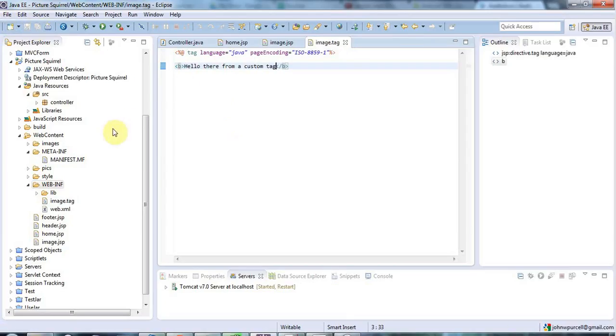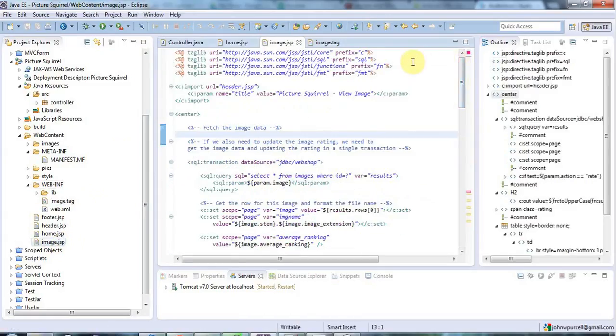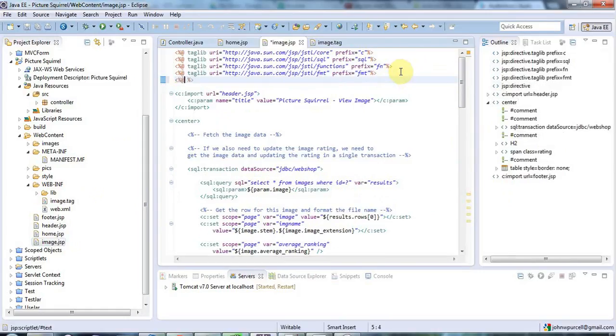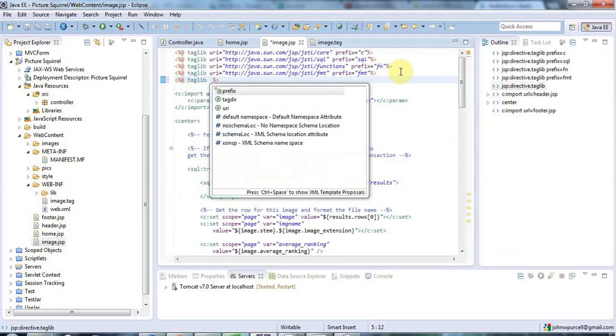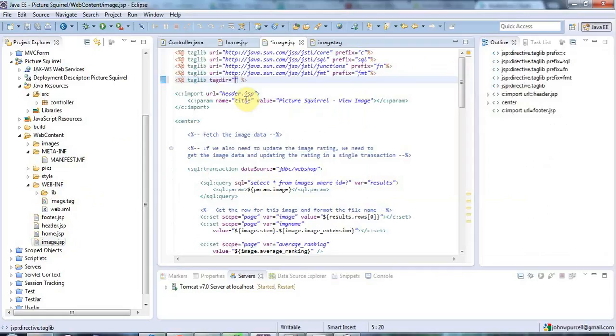And now I'll go into a page where I want to use it. Let's try image.jsp. And I need a directive to import that tag. So I'm going to create a taglib directive with this @ sign, like all directives, and I'll say taglib, and instead of URI here I'm going to specify, if I just do control space, we can see that I've got an option to specify a tag dir like this. I think I need the slash, but I'm not completely sure if I'm honest. So let's try this, WEB-INF